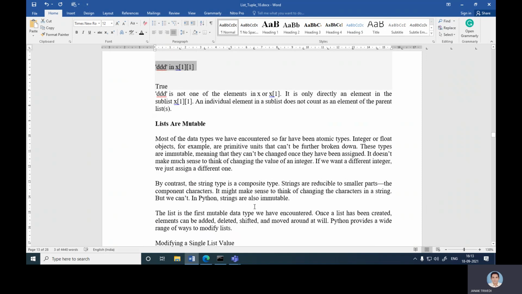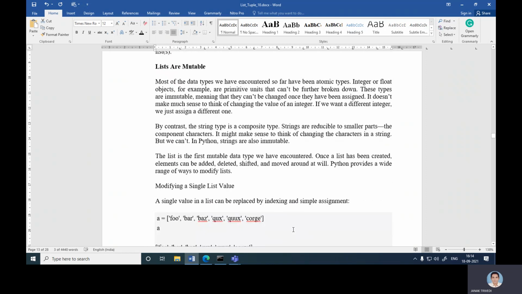By contrast, the string type is a composite type. Strings are reducible to smaller parts, the component characters. It might make sense to think of changing the characters in a string, but we can't. In Python, strings are also immutable. The list is the first mutable data type we have encountered. Once a list has been created, elements can be added, deleted, shifted, and moved around at will. So Python provides a wide range of ways to modify a list.